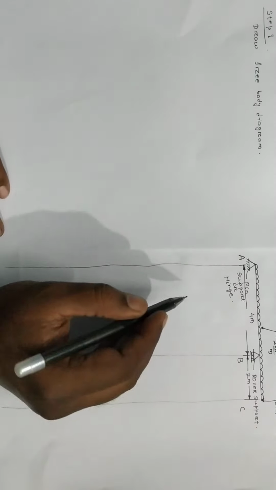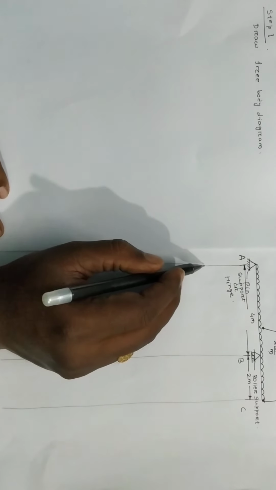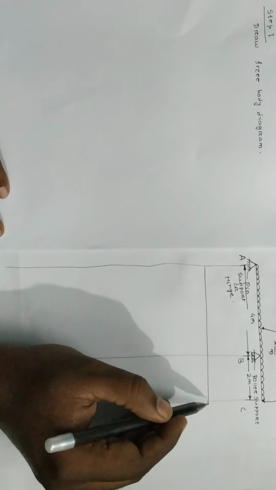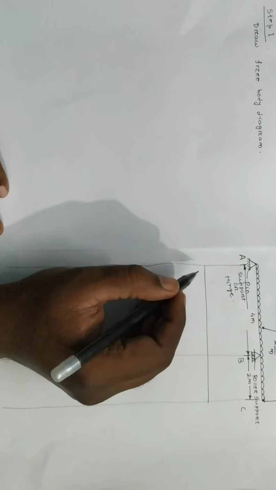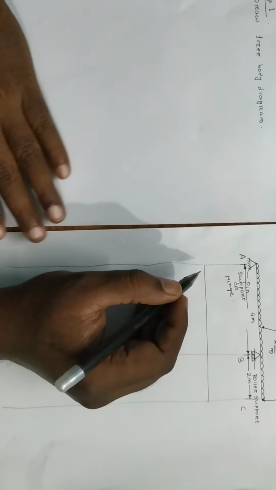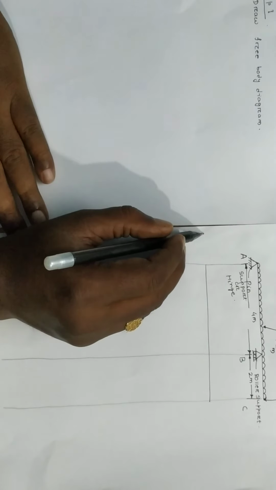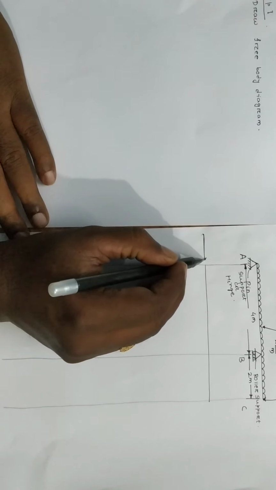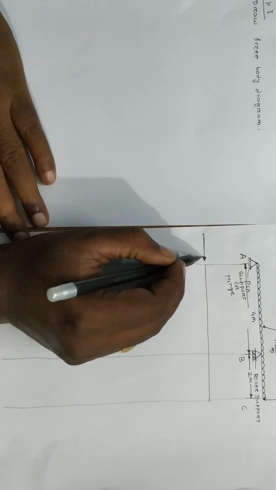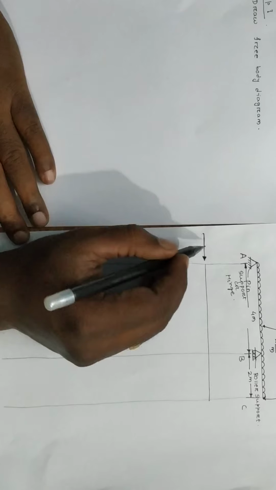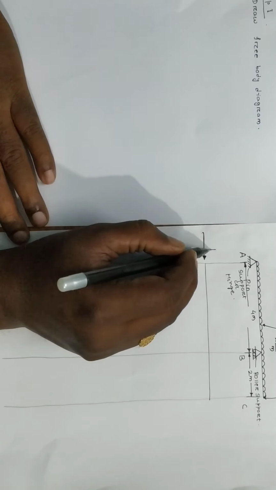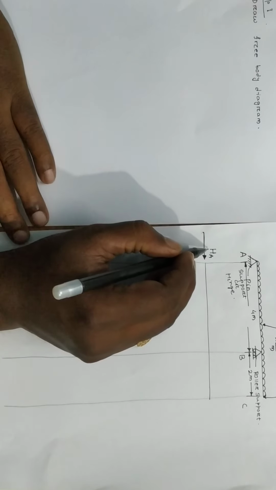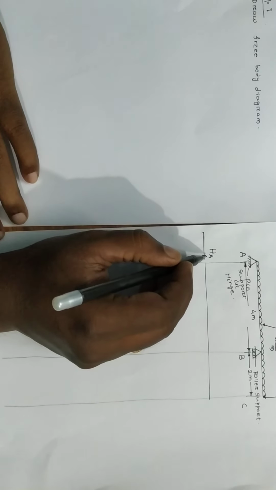So first I will draw the free body diagram. So this will be the beam. Okay, and at point A there will be two reactive forces. Okay, one along the horizontal direction. Suppose I assume this is the horizontal direction along which the reactive force is acting. So this is written as HA. H stands for horizontal, A stands for at point A.